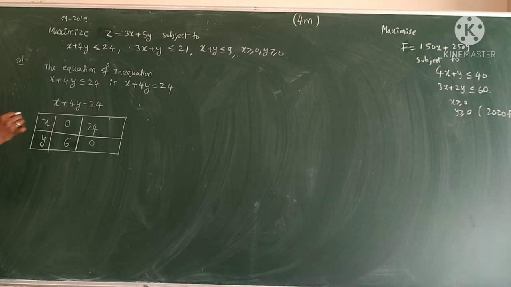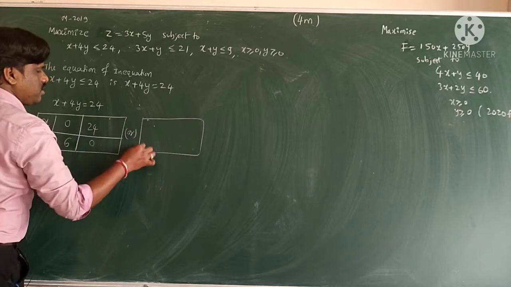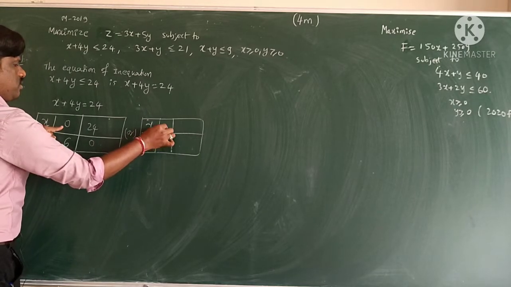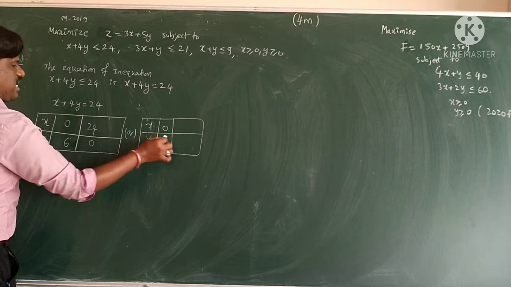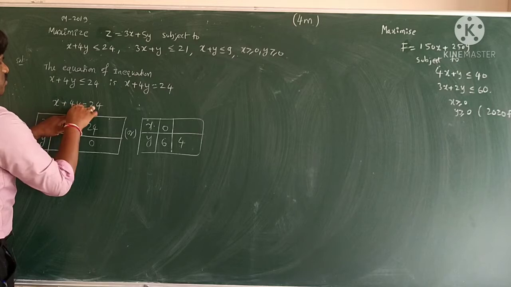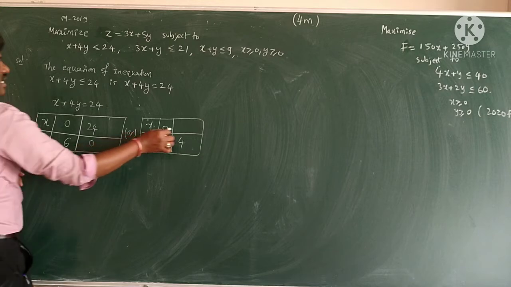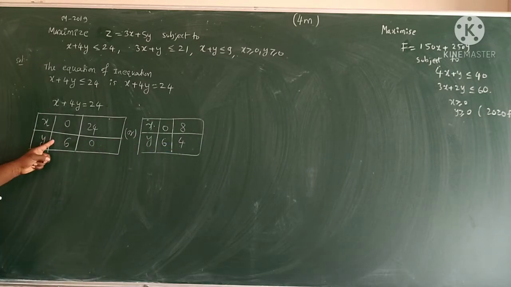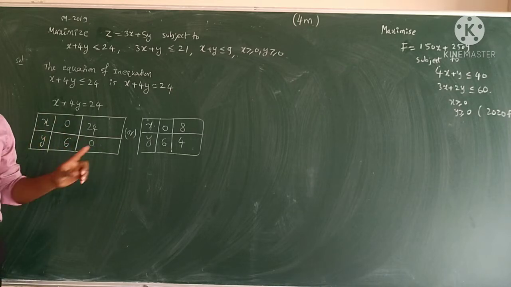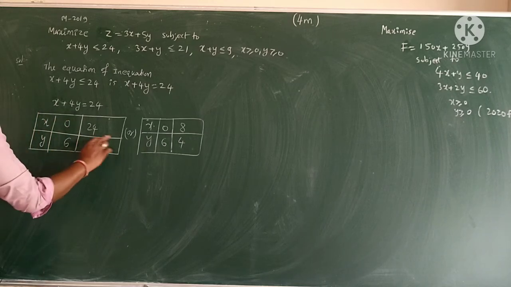Or if you don't want this one, I am writing one more. I can take x and y. If I take x 0, I get y 6. And for y I can take any number, like if I take 4, then 4 into 4 is 16, 24 minus 16 is 8. So you can get it like this. Use this or this, no problem at all. Only the scale is going to change. You decide later. Only one line you have to draw.